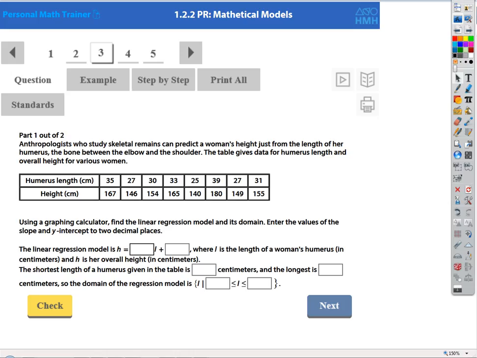Abel, what do you think? Height. Yeah, sure. Because that's what we're trying to approximate. We're trying to estimate, right? We have this bone here. We're going to measure the length of the bone, and then by inputting that value, our model is going to be able to output the predicted height of the person, right? That make sense? So the x variable,